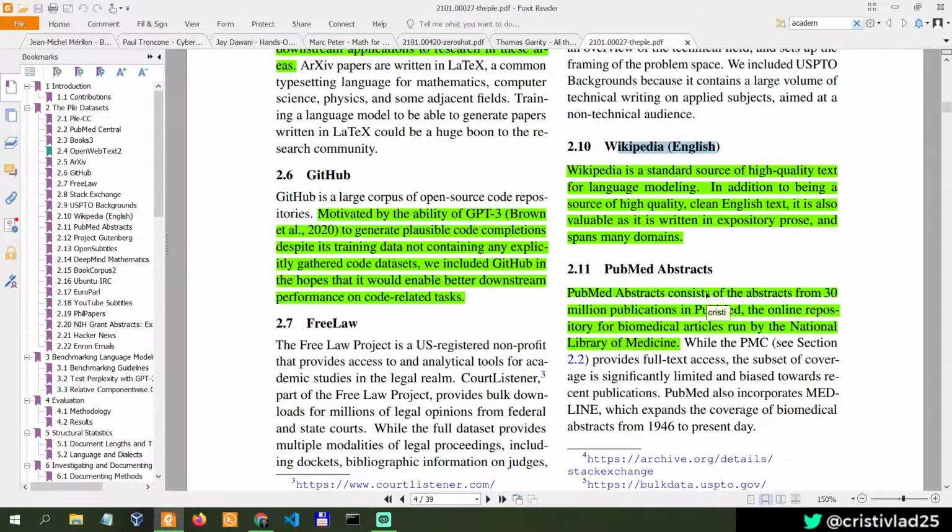And I'm actually investigating those statements as we speak,